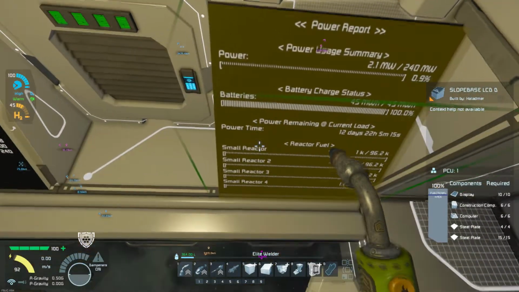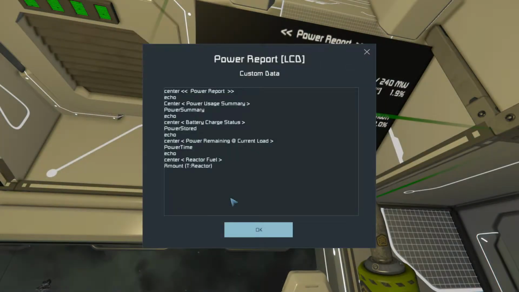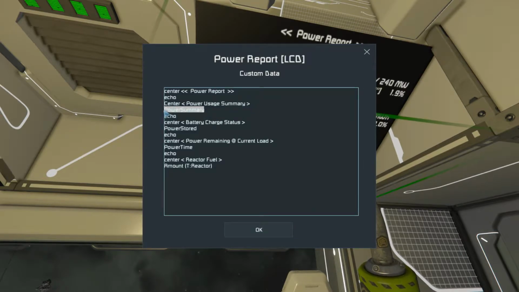On to this side, what I've got over here is, let's go into the custom data really quickly. So again, we're doing the center with the different text for what we want it to show. So we've got our screen name, we've put the echo in for the clear line, power usage summary, and then the power summary. If you notice, this is not filtered. So if I actually connect to another grid, I will get the power for that entire grid, not just the ship. So we're going to change that really quickly